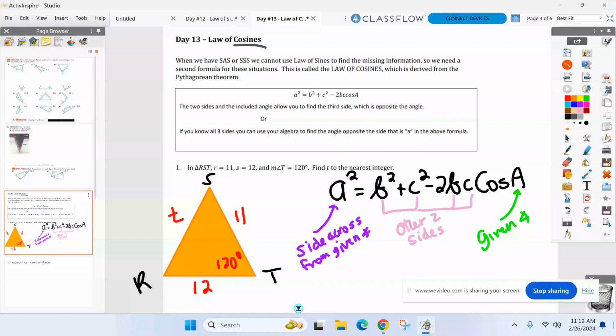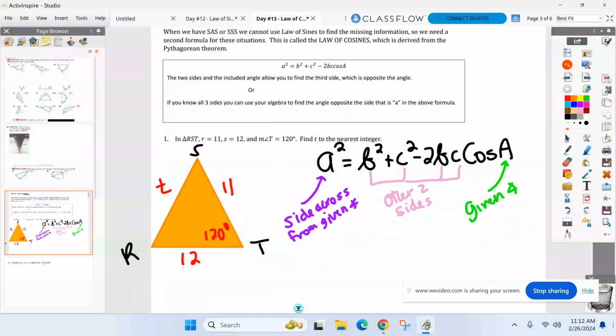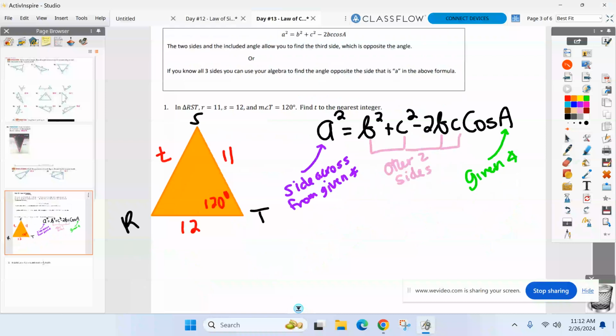All right, we're ready to use it here. We already found out law of sines, I don't have enough information, so now I introduce you to law of cosines. All right, what side now, 11, 12, or T, is going to get plugged in for A here? Well, let's answer this. What's the angle in the problem? What's the angle in this problem? 120. What side is across from it? T. That's what goes there. The side across from the angle in the problem. So T squared